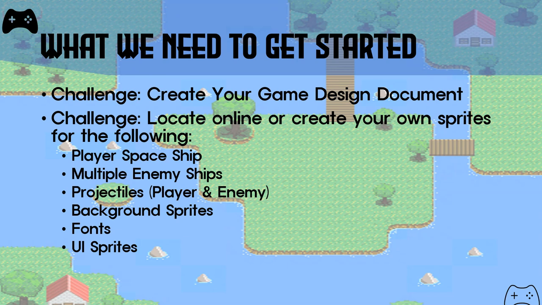So what do we actually need to get started? Here's the challenge that I outlined for you. You need to create your own game design document. I'm also going to challenge you this time to locate online or create your own sprites for the following. We're going to need a player spaceship. We're going to need multiple enemy spaceships, ideally at least 2, so we can have different types of enemies. We want to have projectiles, such as player and enemy projectiles, because we're going to have the enemy shooting at us,